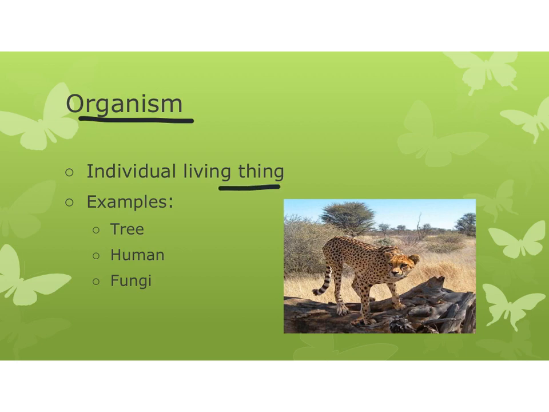So this is an individual living thing. Now, something that's a little confusing is that there are living things that are way back at the singular cellular level. So if I had a bacteria, this is a drawing of a bacterial cell, clearly. This little bacteria would be alive, even though he's only made of one cell. He doesn't have tissues, organs, organ systems,